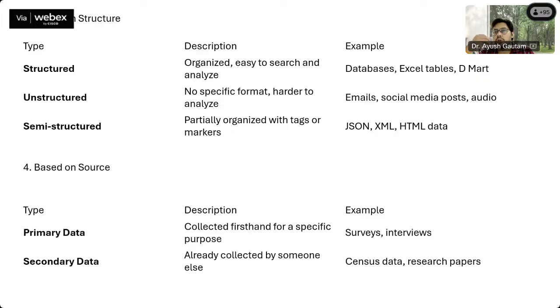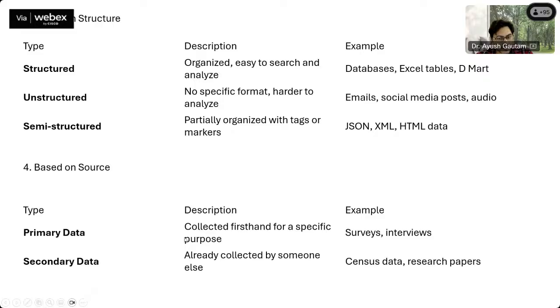So if I would like to do a case study on the Indian Railways, and most of you are working on the Indian Railways, and I ask a doubt directly from you regarding the Indian Railways, then that is called primary data, because I'm directly collecting it from you. But if you have written some blog on the internet and I use that blog to find the answer, then that data is called secondary data, because I'm not collecting the data directly from the source. I'm collecting the data from a third party or some other platform.